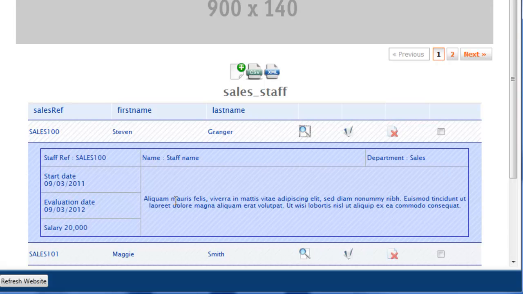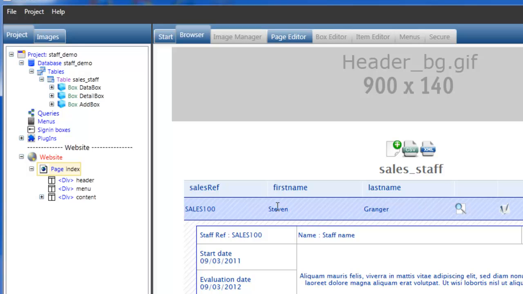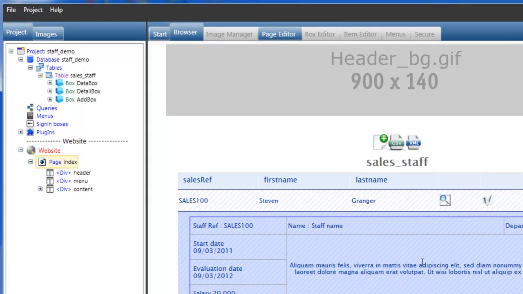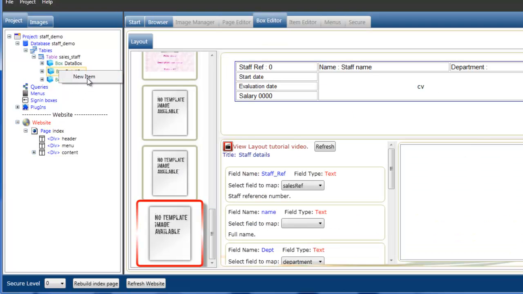Okay, so the first thing we're going to do is create an item. If we look in the data box, we've got a first name and a last name. What we're going to do is create a user item that concats these 2 fields and gives us a staff name. This is the data box table here, and when we open the detail, this is the detail box. We're actually going to work on the detail box. So if we select the detail box, right click and select new item,